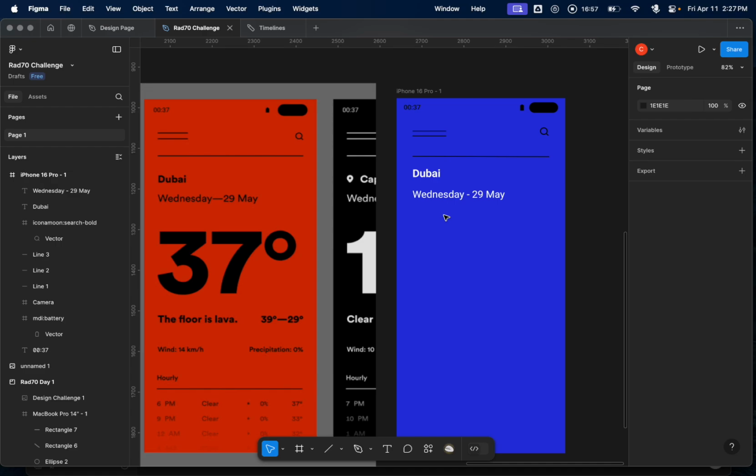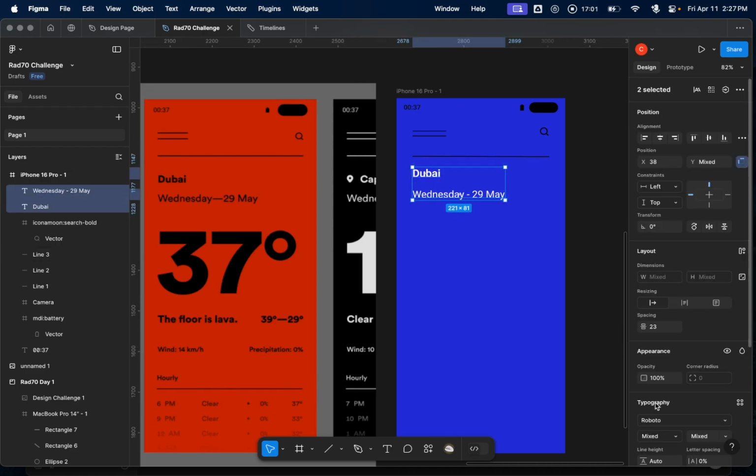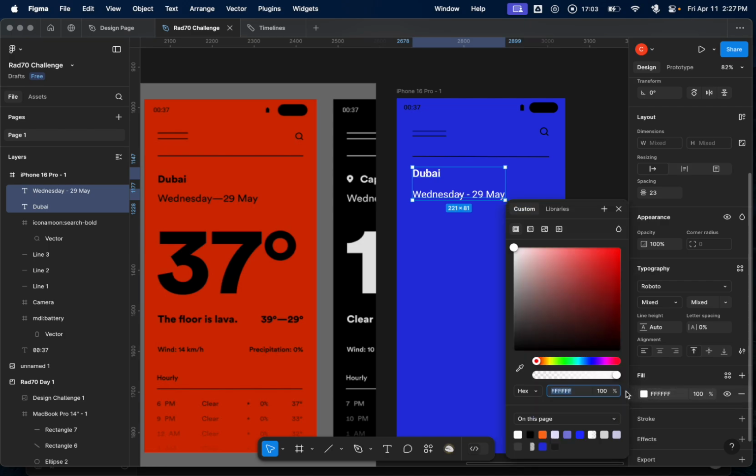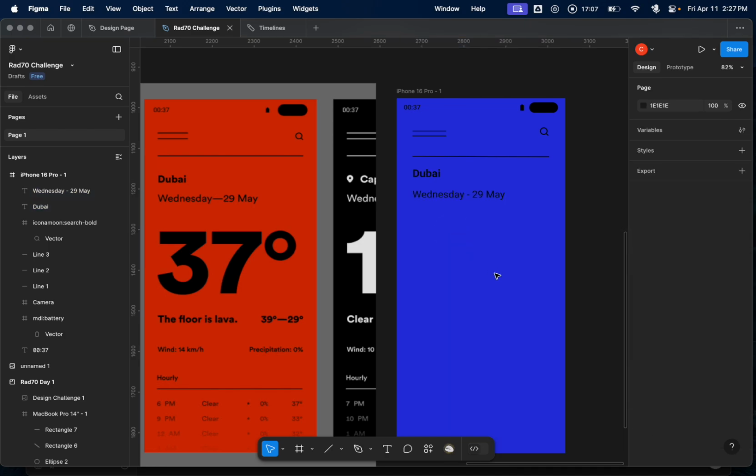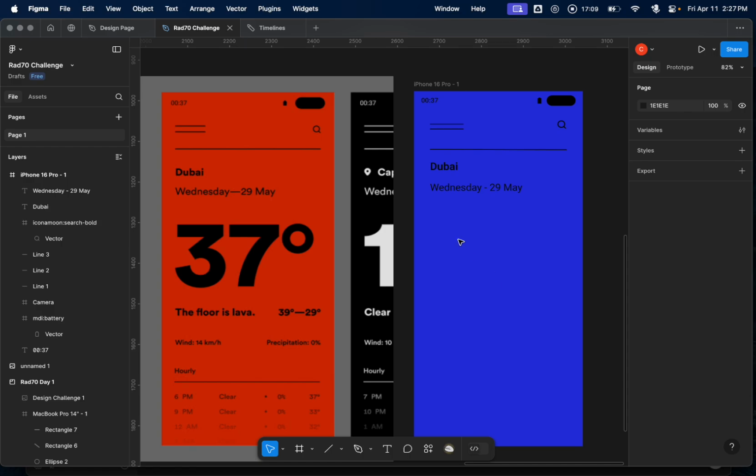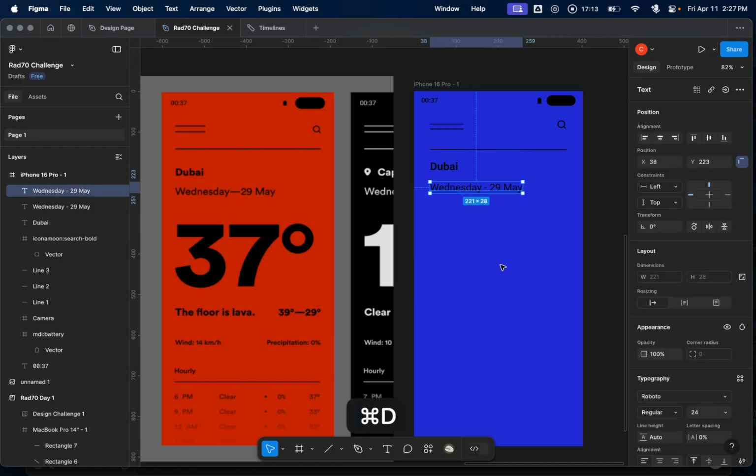Like 26. All right, and go ahead and change these to black. All right. Now I have my big number, which